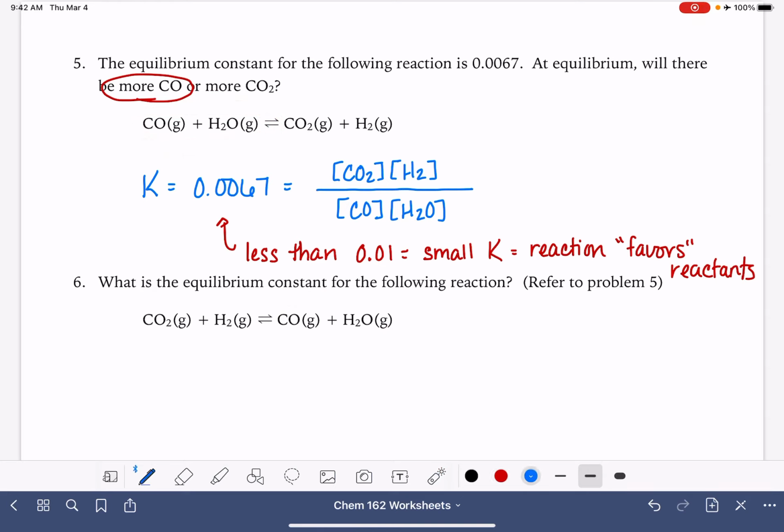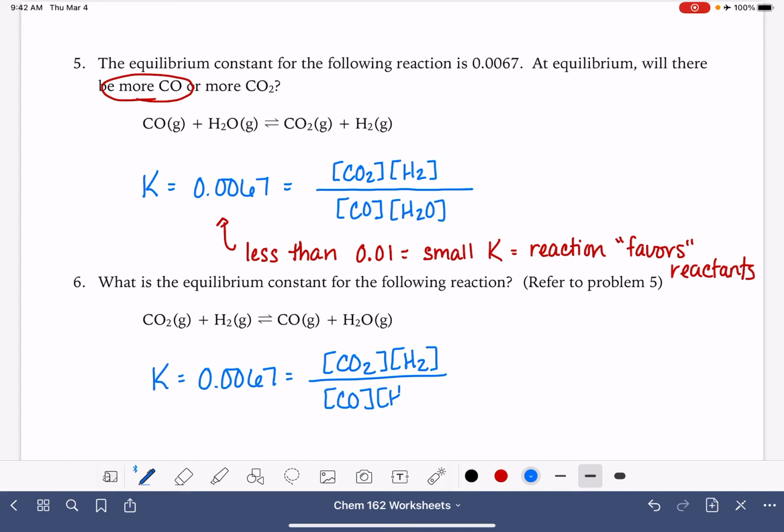When you reverse a chemical reaction, you also invert the equilibrium constant. So for the reaction up above, where we said that K was 0.0067, and then that came from the equilibrium expression CO2 times H2 over